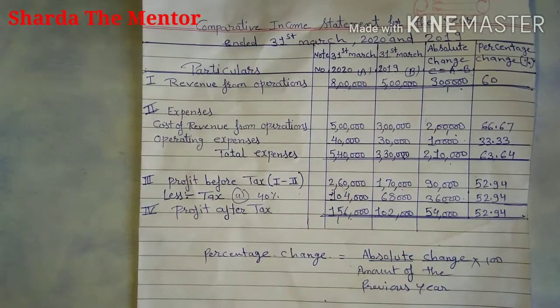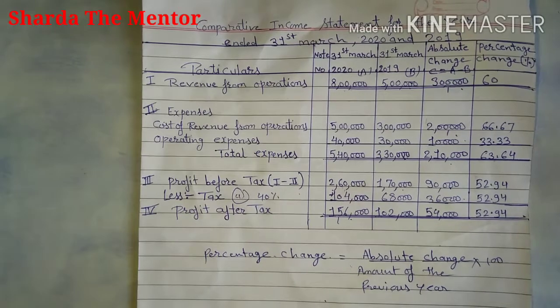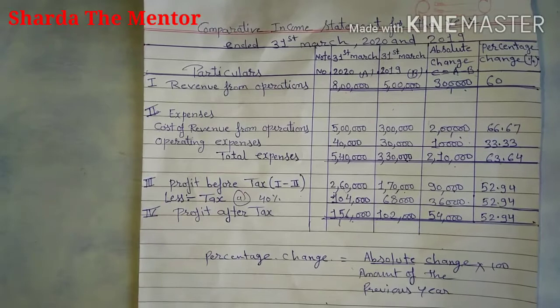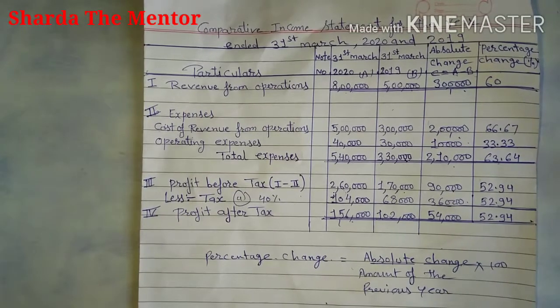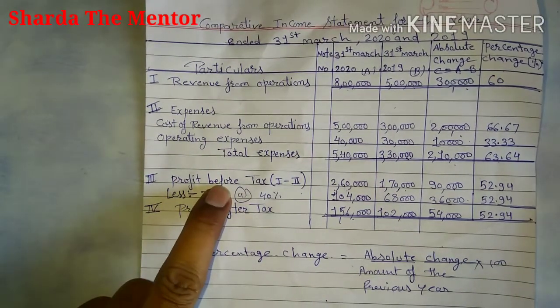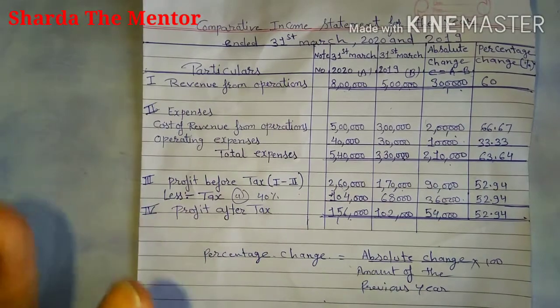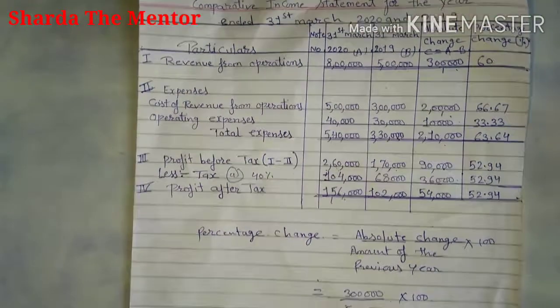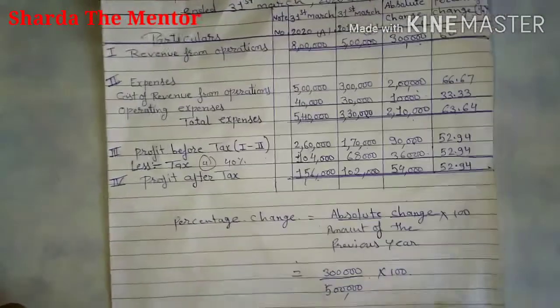Whatever format you have to follow, follow it strictly, and you have to mention each and everything according to the question. Other income is not given in the question, so we didn't mention it. Direct expenses are not given, but cost of revenue from operation is given, that's why we didn't include direct expenses here. Always remember, tax will be charged on profit before tax. With the help of that you can prepare it, and it is a very simple question that can give you full marks. So practice this question.